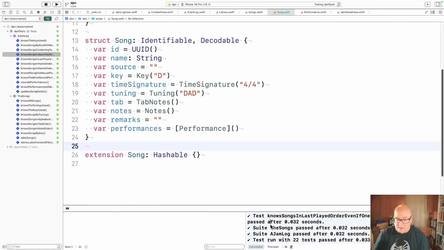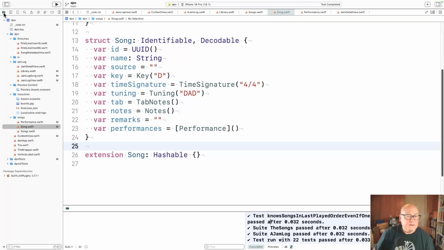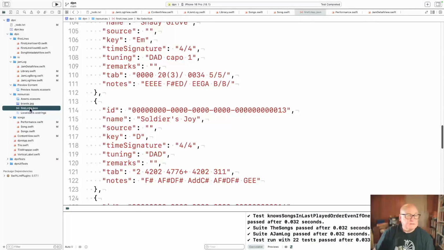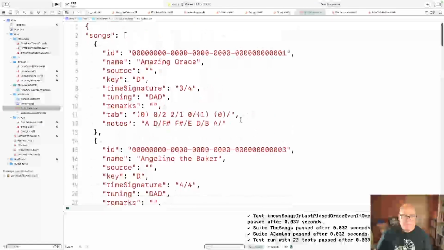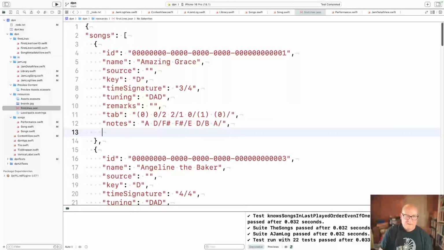Okay. Oh, I didn't add it to my first lines.json. That name probably should get better. Performances. I don't know. Do you do this?